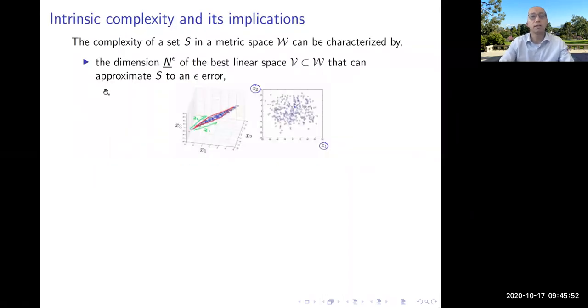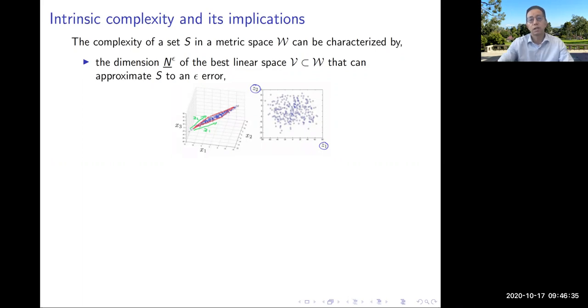Okay, so if you have a set of objects you want to study, for example, the set could be a set of points, vectors in high dimensions, or it could be a set of solutions for PDEs, or a random field, which you can think of as a family of random variables. When you study such a set of things, it maybe looks complicated, maybe it is complicated. How do I characterize this? Is it intrinsically complicated, or just because you chose the wrong embedding or representation that it looks messy?